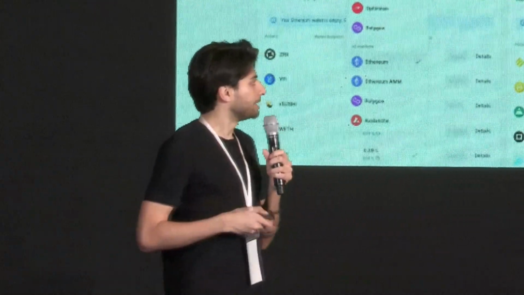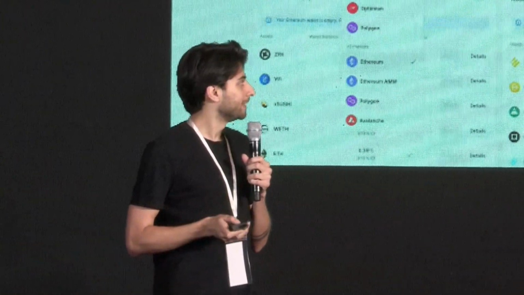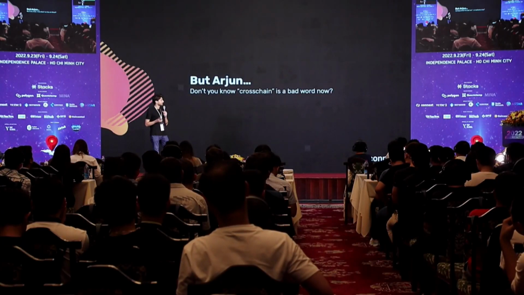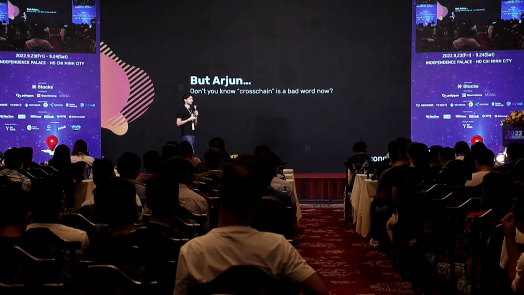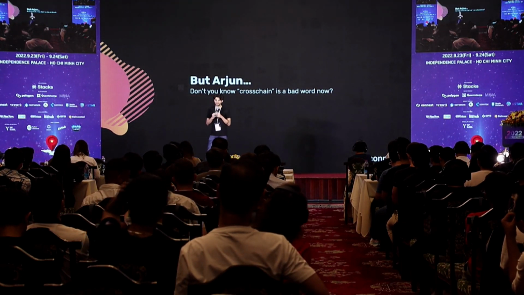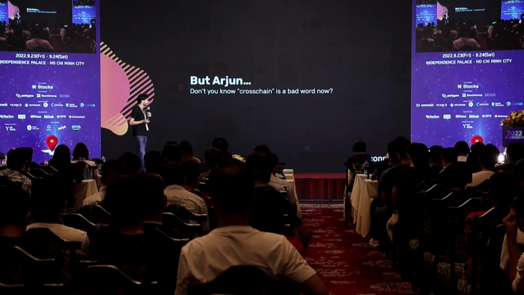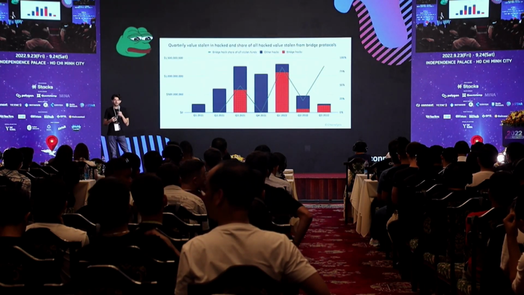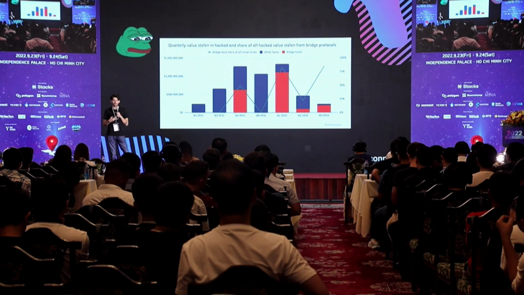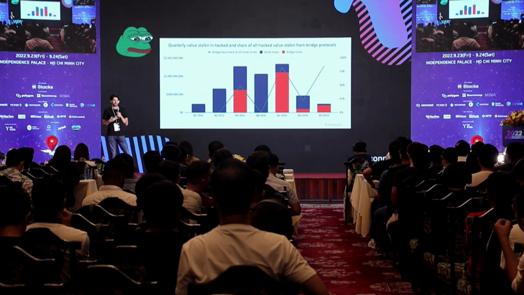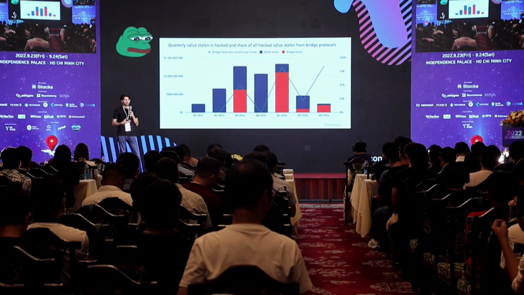So, I've been talking a lot about cross-chain. And I think that makes people a little bit nervous because cross-chain is a bad word. And there's a good reason for why cross-chain is a bad word. In the past year, we've lost about $2 billion to hacks in bridges. It's a very, very large amount of money. It's no secret that the bridge ecosystem and bridges' reputation is in a very, very bad place. And there's a really good reason for it.